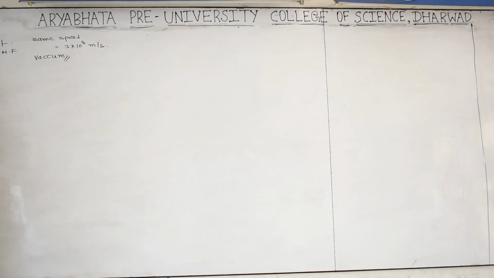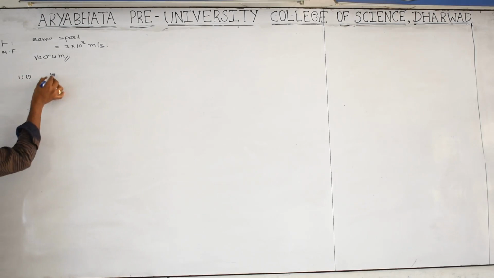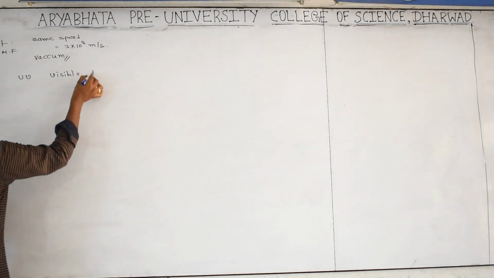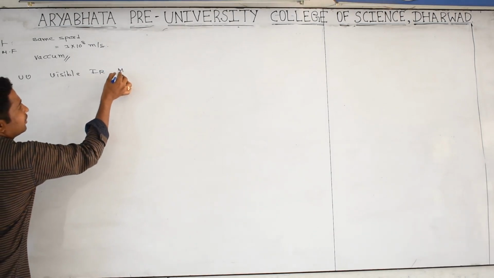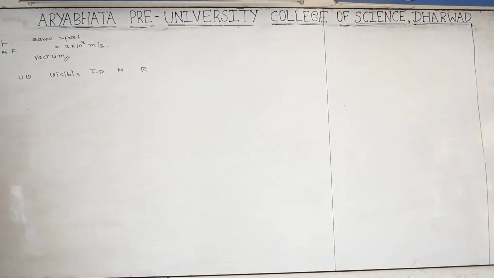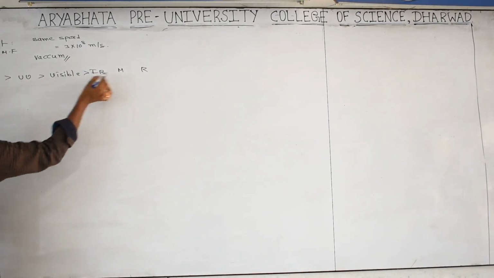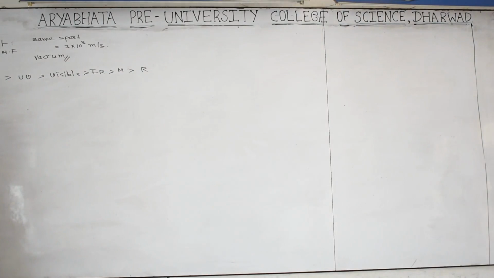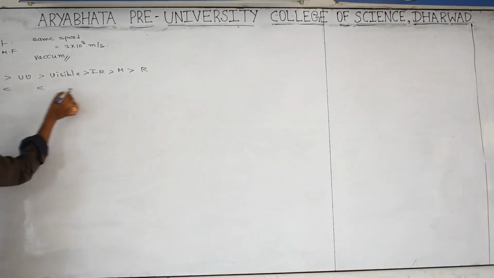Now, I will tell you the different types of electromagnetic radiation: gamma rays, X-rays, UV rays, visible radiations, infrared radiations, microwaves and radio waves. You see here, this is the frequency order. The frequency is more for this one, this one, and this one. It means the most energetic and most powerful is gamma rays. Energy follows the same relation, but wavelength is reverse. So with more frequency or more energy, less wavelength will be there. That's why the order is reversed.